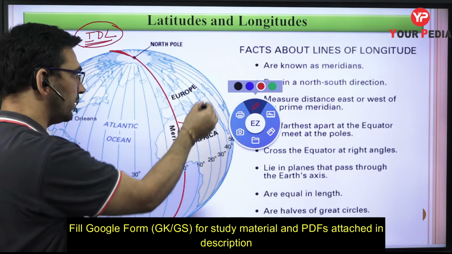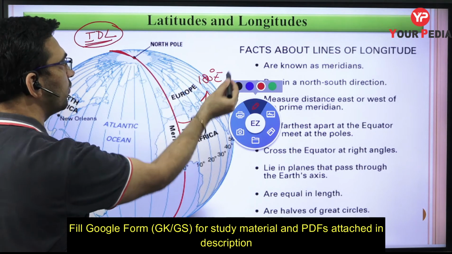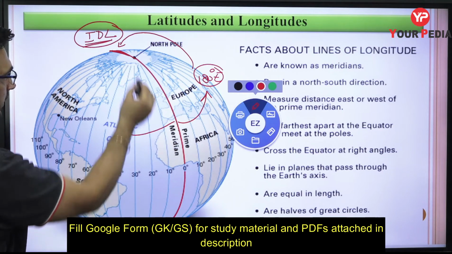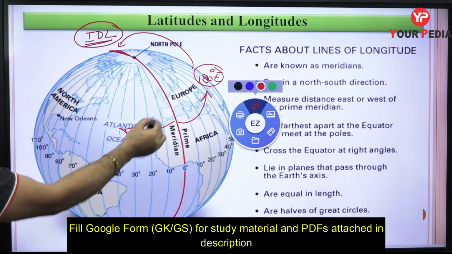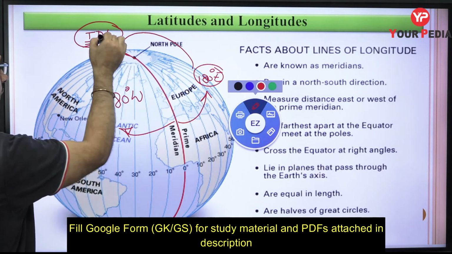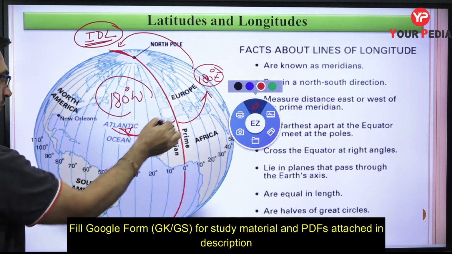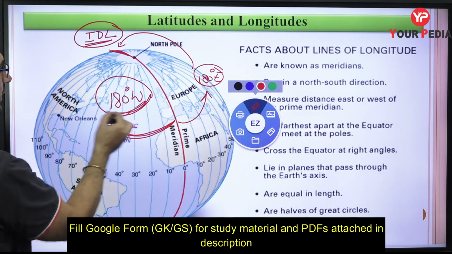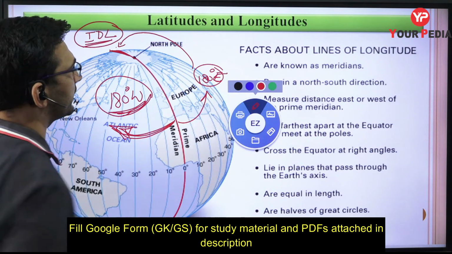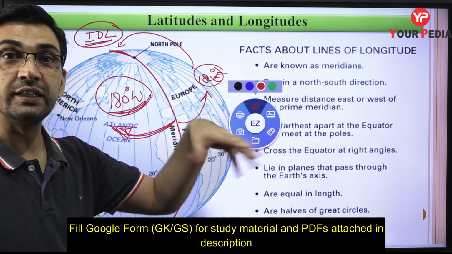So we move from 0 degree to 180 degree east. When we are at 180 degree east, it means we are at the international date line. Same way, when we move in the other direction, as the angle goes on increasing, you can go to 180 degree west. You can come to the same position from either direction: if you move from this direction, I specify it as 180 degree west, and if you move from the other direction and reach the same point, I calculate it as 180 degree east.